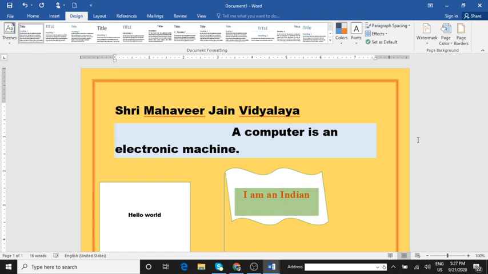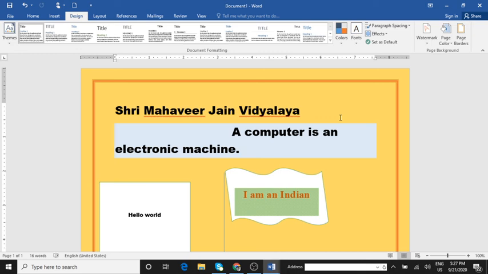Then click the insert tab to draw the shapes. To add the text inside the shape, right click on the shape, click on add text and you can add the text. Then you can insert text in the shape. I have already said the borders and shading are applied on the document to make it more attractive. You can make the document sheets colorful by applying background color on the document. So hope children you all have understood